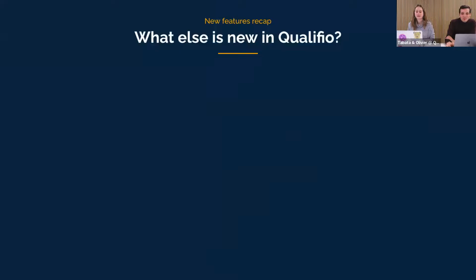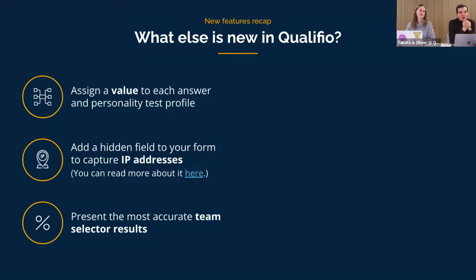All right. So besides these three main blocks, which we have just presented, we've been working on other, more minor or less viewable or visible features in the last couple of months. And here, three of them we would like to still put some light on for Engage. So it's now possible to assign specific value to answer or personality profiles in personality test,